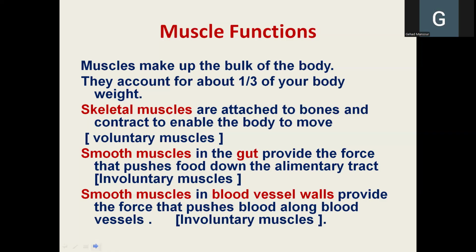Of course, regulating the blood flow to the tissues means regulating the oxygen that is delivered to the tissues, regulating the nutrients like glucose that are delivered to the tissues. But you have to describe this in detail. And you have to take care that you start by the function of the muscle, contracts or relaxes, and then how this is reflected on the diameter of the arteriole, and therefore on the flow.